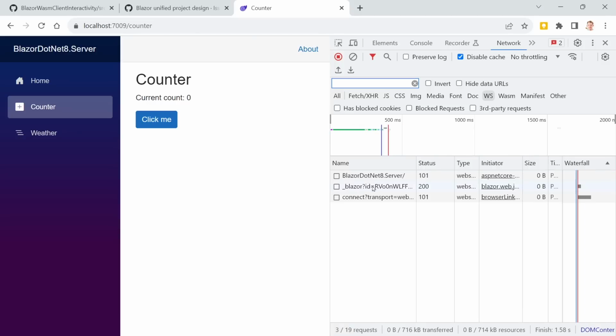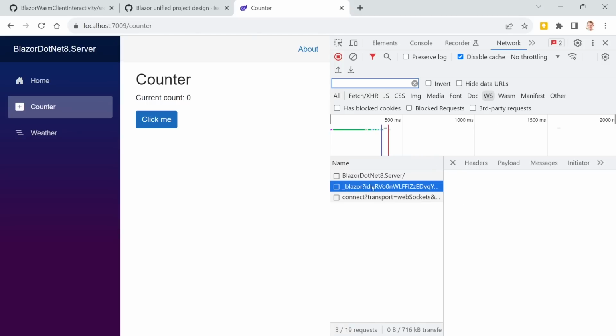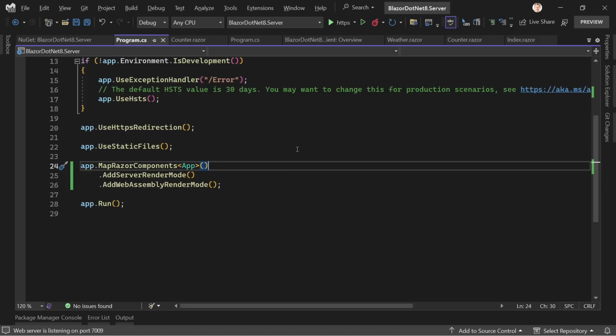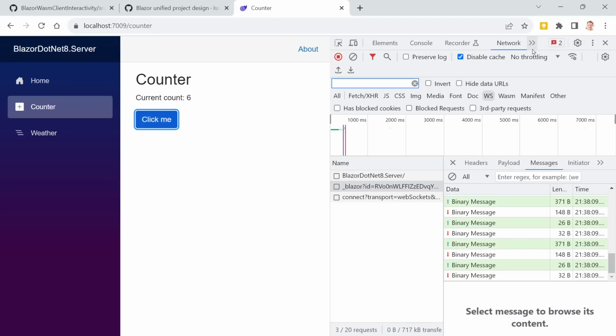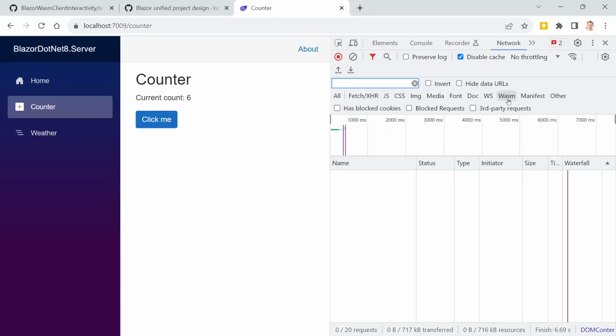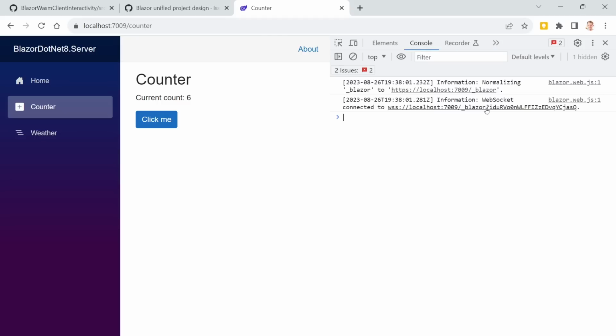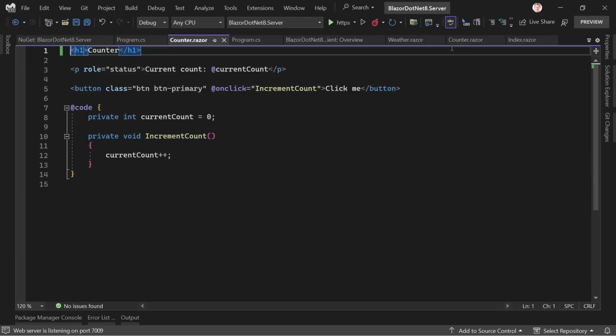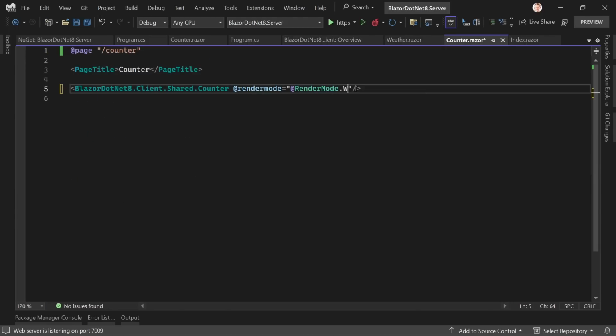And now we're talking. Still, we see the WebSocket connection, and when we go to messages and click here, something is happening, right? Okay, and let's also have a look at WASM, nothing there. And when we go to the console, we also just see information: WebSocket connected to, and so on. And now, drum roll, please, because here now we are saying